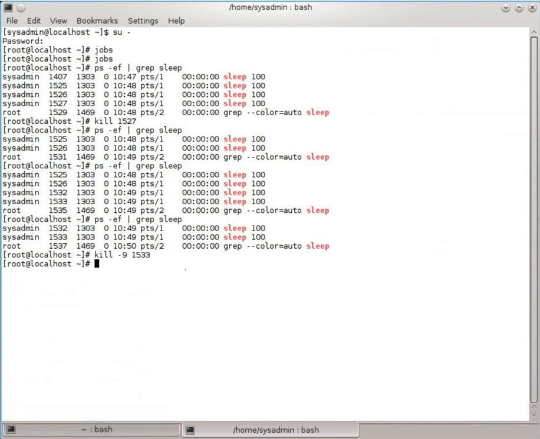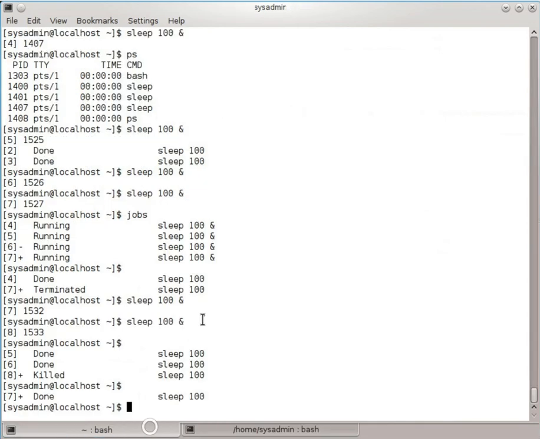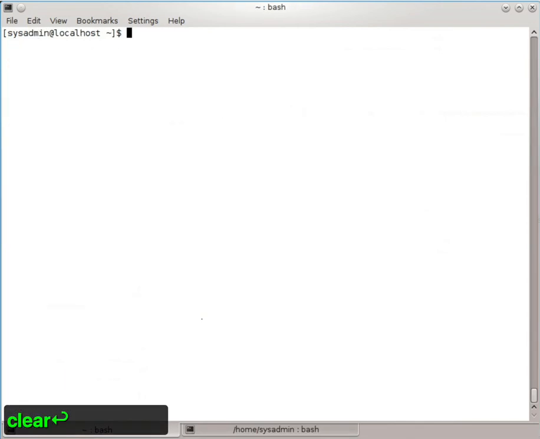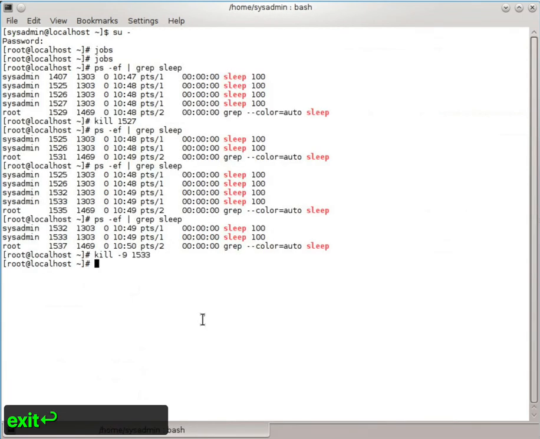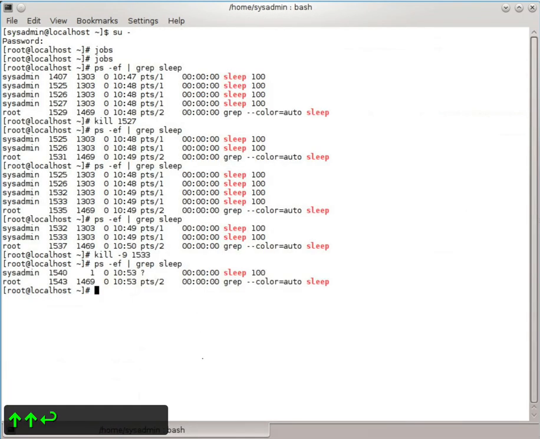Now, something else to consider. Let's say I have a script I need to run here, and I need to actually run it and log off. If I do the sleep 100 again and I exit the session, it should remove that. Yes, this case is still running, because the terminal is still running. But a lot of times if you work remotely,